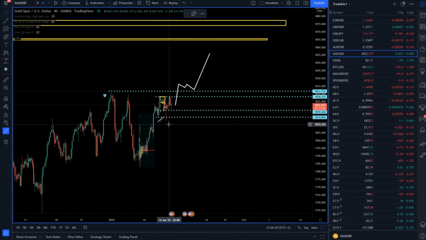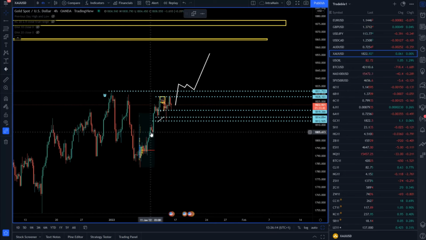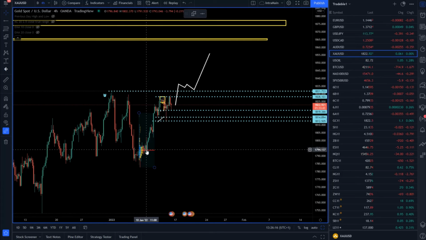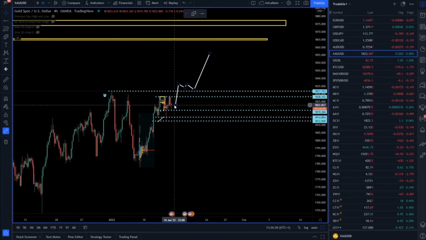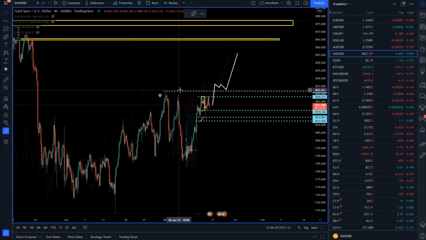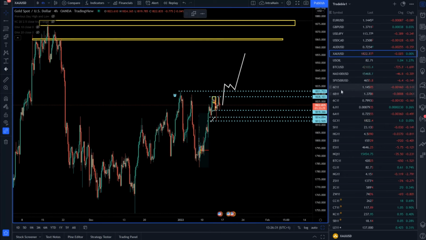From the other side, if we can clear this pin bar low, for example, this can open the door for some rotation back to 1805 or even 1793. So any meaningful downside break of this pin bar low may open the door for lower prices and maybe price back to 1794. So watch for a breakout on either side. It can be a potential for an interesting scenario to develop.